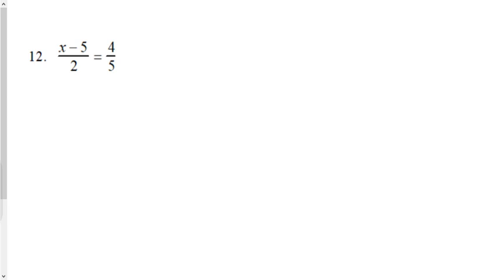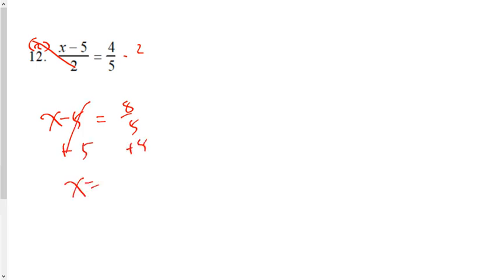Could you multiply both sides by 2? Yes. If you multiplied this side by 2, you got this. If you multiply this side by 2, you got 8/5. Then if you add 5 to both sides, x would equal, since 8/5 is actually 1 3/5, your answer would be 6 3/5. That is one way to solve it, right? Alternatively,